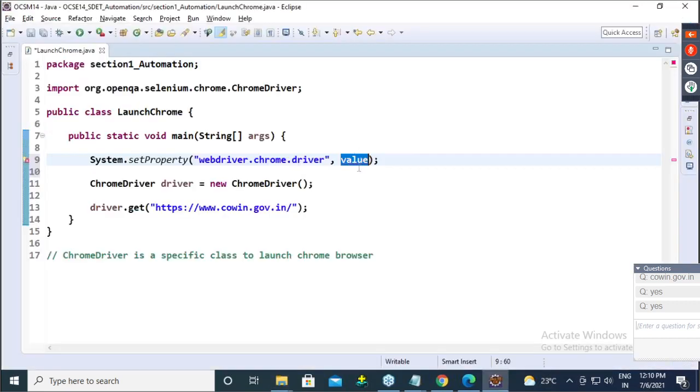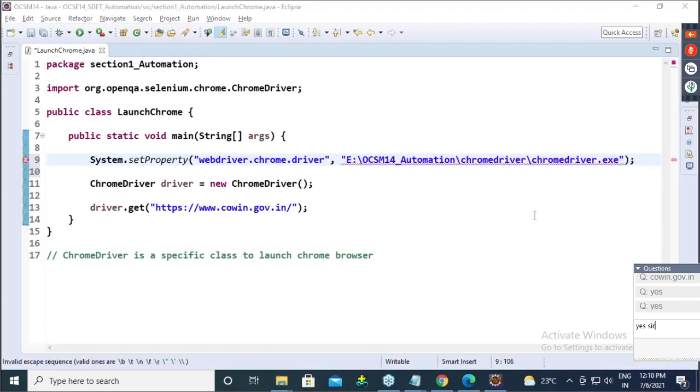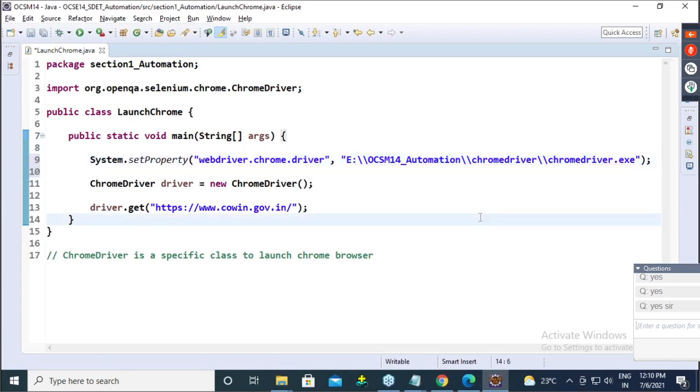Hey guys, is everyone understanding or going out of head? Okay. So give the path of the Chrome driver. Use double slash here. Observe.